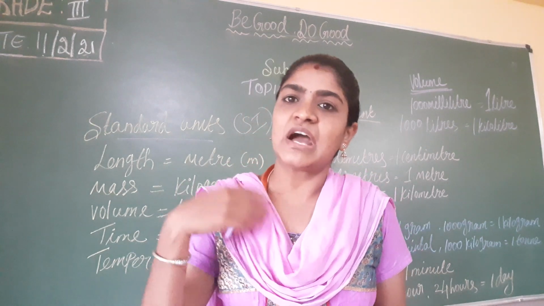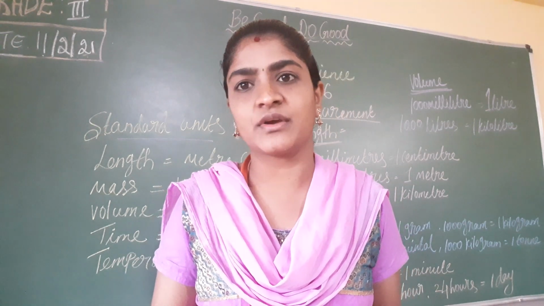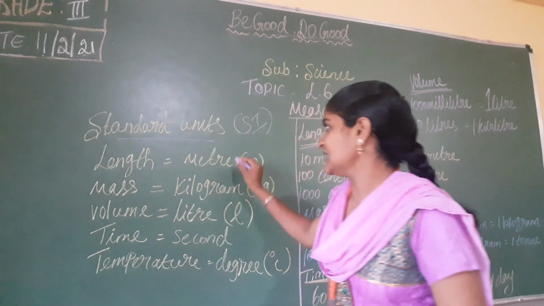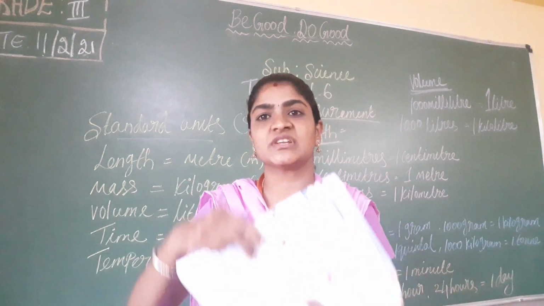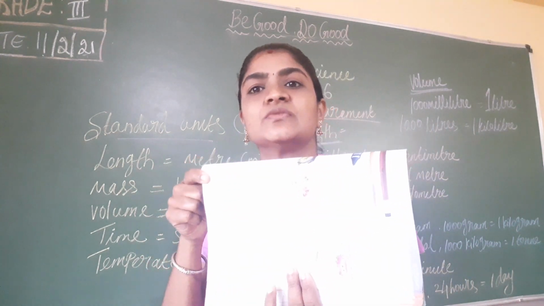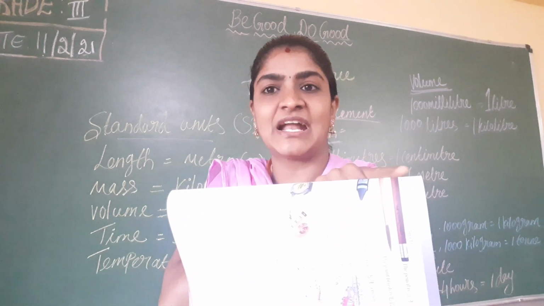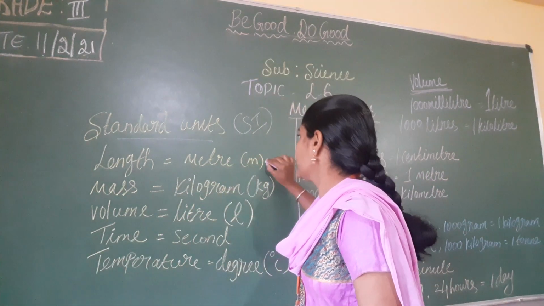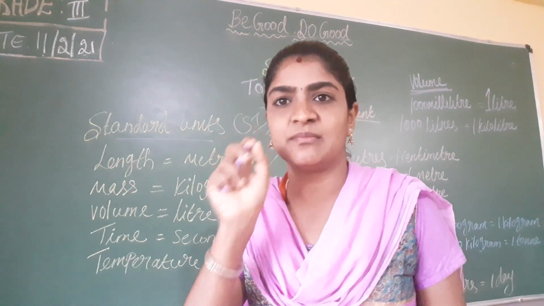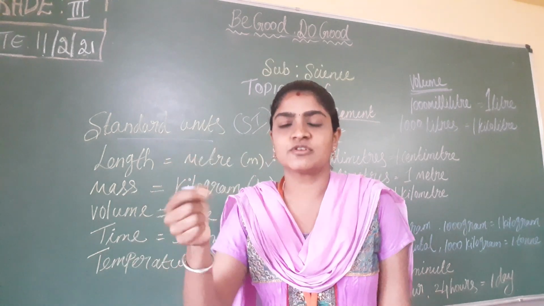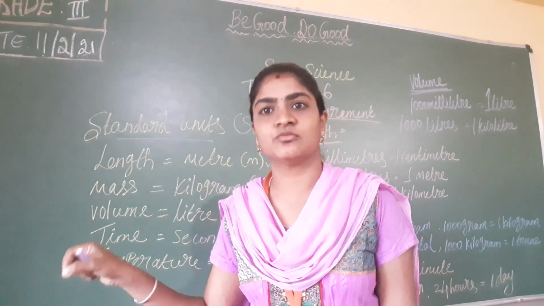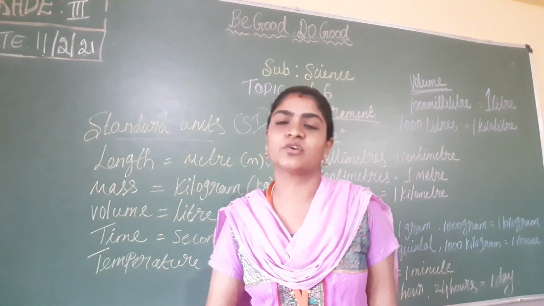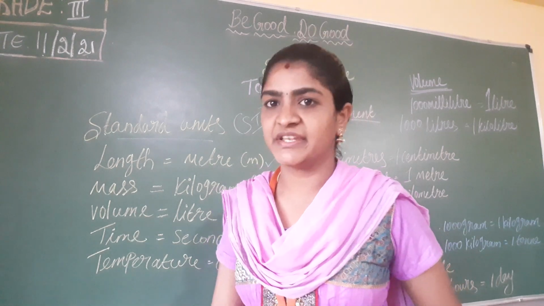So like this we have different types of standard methods, which we are going to study in this class. First, the standard units for length. For example, if I want to measure a book, I will use a scale to measure the length of the book. How are we going to measure? With the help of the meter. In a scale we have millimeter and centimeter, and using those we can measure things. Not only that, whenever you want to buy cloth, they will measure and give it in meters.